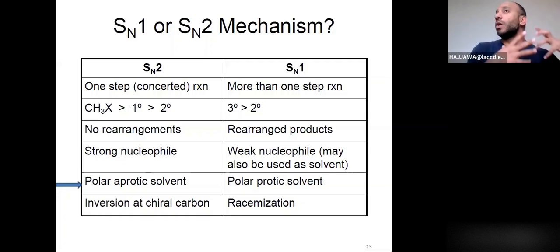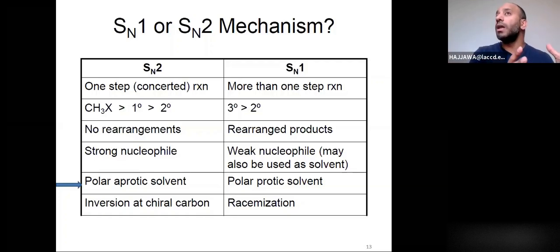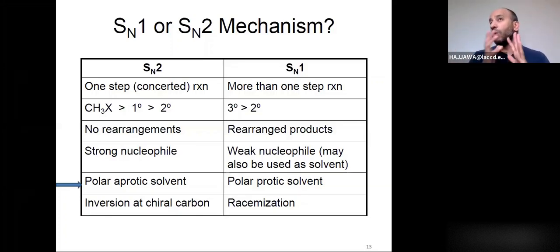If I have a tertiary alkyl halide and a nucleophile, it doesn't matter what solvent I use, because the tertiary alkyl halide already determined what pathway the reaction should undergo, which is SN1. If I have a primary X or a methyl X, it will undergo SN2, regardless of what solvent I use. If I have a secondary alkyl halide with a strong nucleophile, it doesn't matter what solvent I use. It will undergo SN2. If I have a secondary alkyl halide with a weak nucleophile, it will undergo SN1, regardless of what